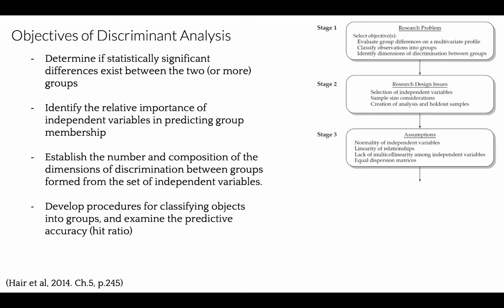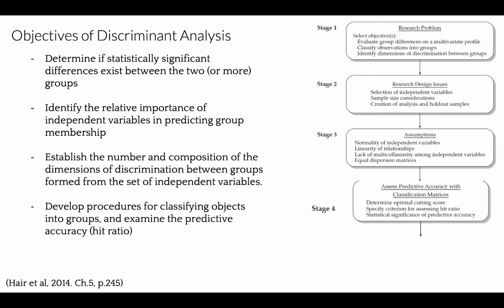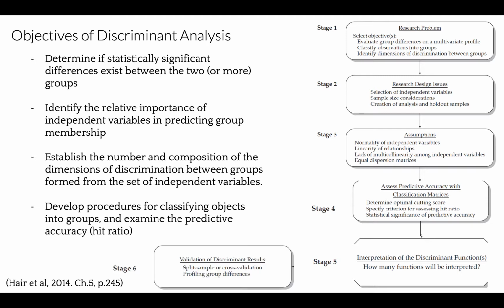In stage 2, we select independent variables and create our analysis, training, and holdout samples. In stage 3, we test and check for assumptions: normality of independent variables and linearity of relationships. We look if multicollinearity exists among independent variables, and we look for equal dispersion matrices. In stage 4, we need to determine the optimal cutting score, specify the criterion for hit ratio, and look for statistical significance of predictive accuracy. In stage 5, we interpret our functions and we validate our results using split sample or